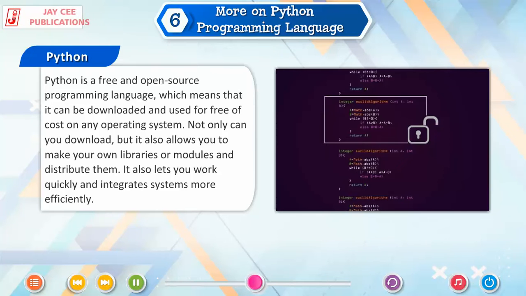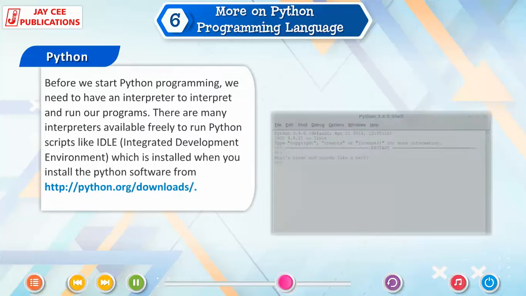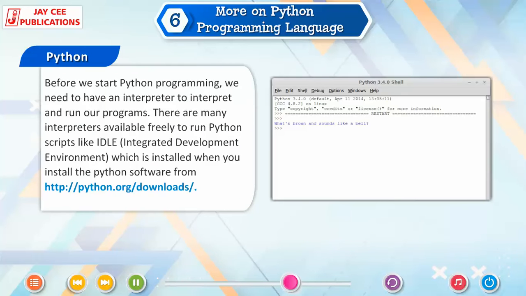Not only can you download it, but it also allows you to make your own libraries or modules and distribute them. It also lets you work quickly and integrates systems more efficiently. Before we start Python programming, we need to have an interpreter to interpret and run our programs.